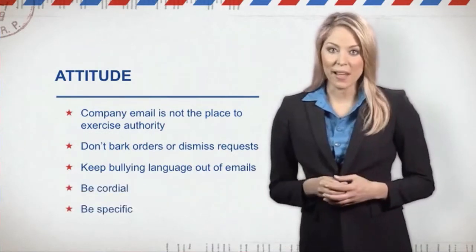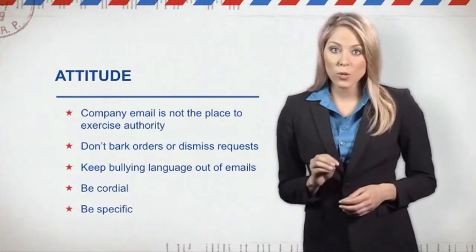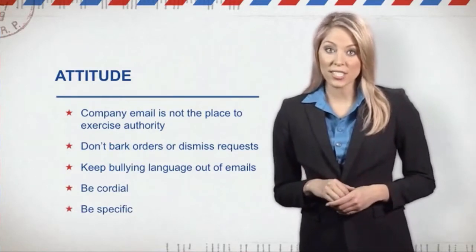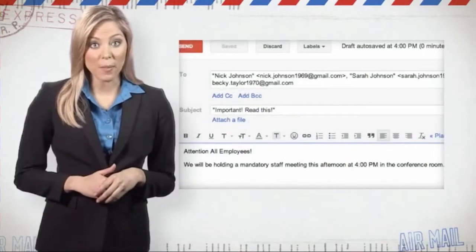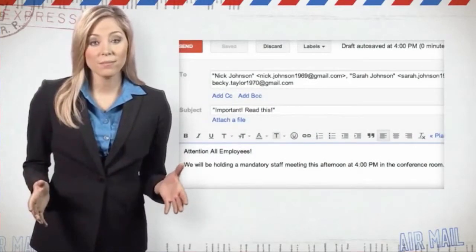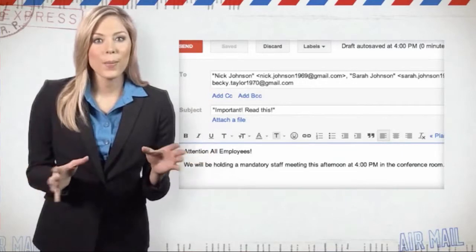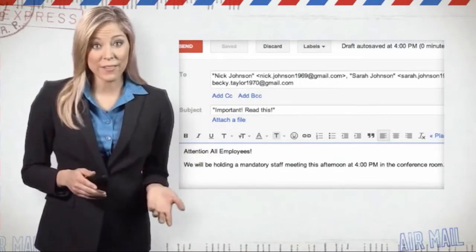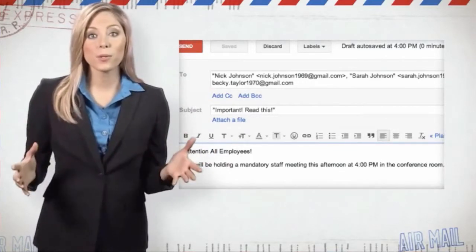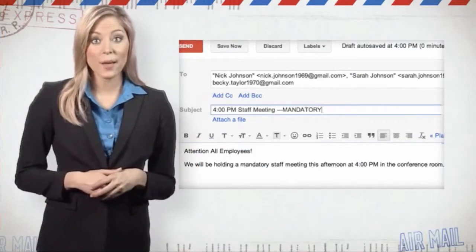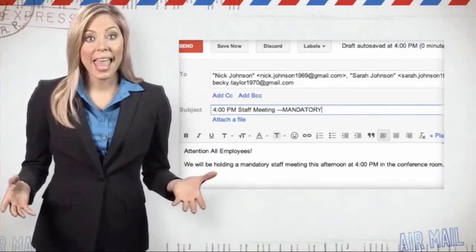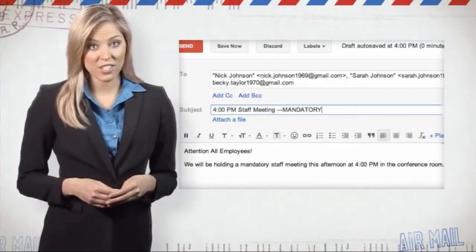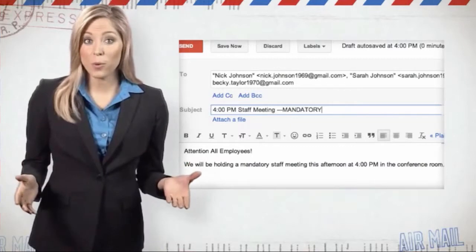Say you're sending an email to let people know that there is a mandatory 4 p.m. meeting for senior staff members. How would you go about getting your message across? In the subject line of your email, you might put something like, "Important, read this," but that is neither helpful nor specific. You might proclaim, "4 o'clock staff meeting MANDATORY" in the subject line. That's certainly more specific, and the use of capital letters is eye-catching, but you haven't really made your point.